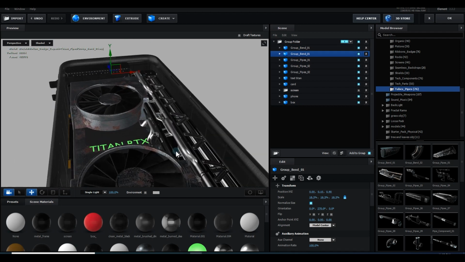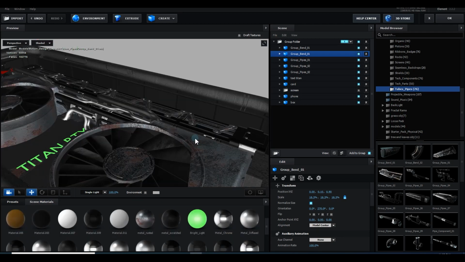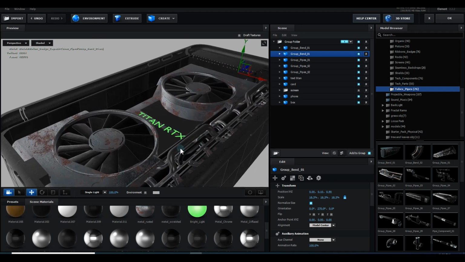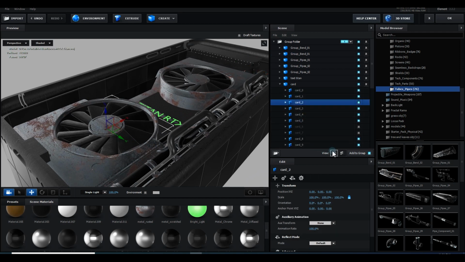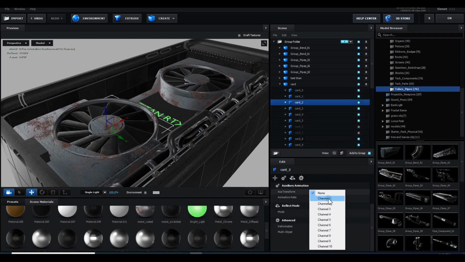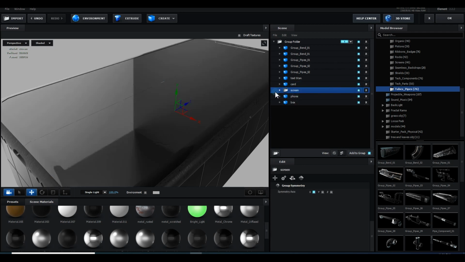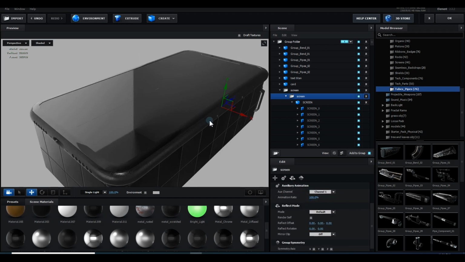So this is pretty good, and then you can just apply a few of the materials. Now I'm in the chapter where we will animate them. Press Ctrl and select this fan and make it auxiliary channel 2. Make sure that you are in a mesh, and same for this one. For the screen, enable it, select this one and make it channel number 1. So we will animate them like this.